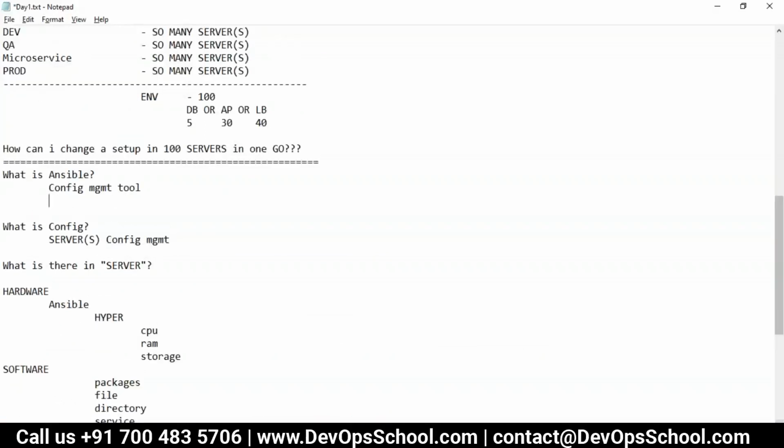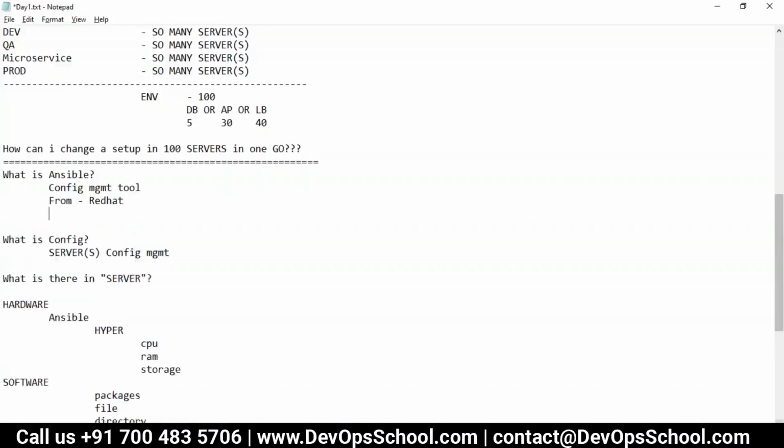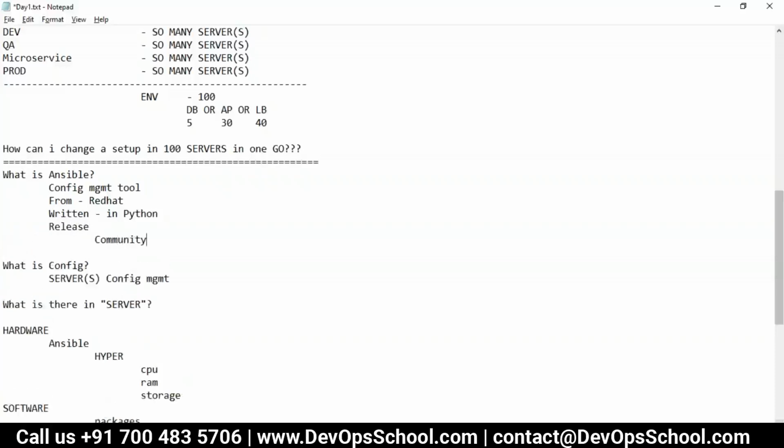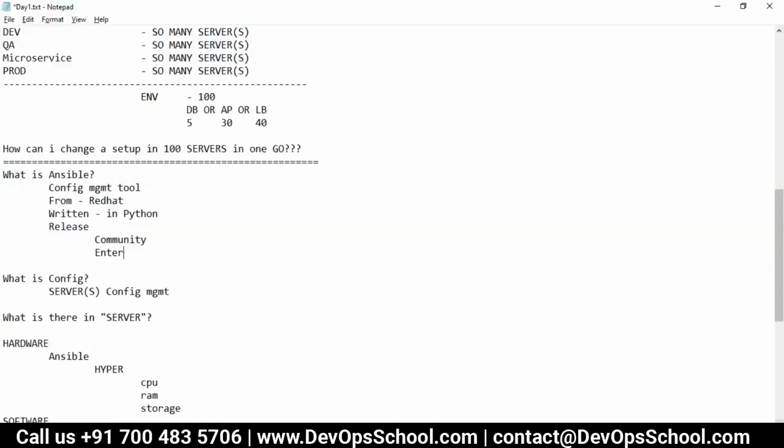This is a tool from Red Hat. By the way, Red Hat also got acquired by some company, I think IBM or something. This tool is written in Python. They have 2 releases basically. One is community release, one is enterprise release. Community release is command line. That means you can work with the command line.